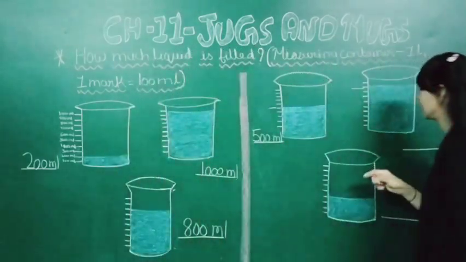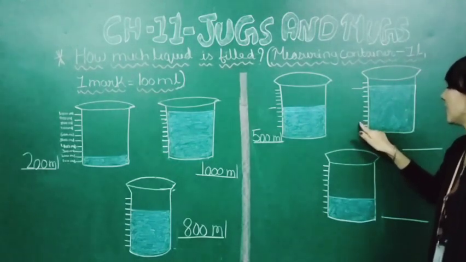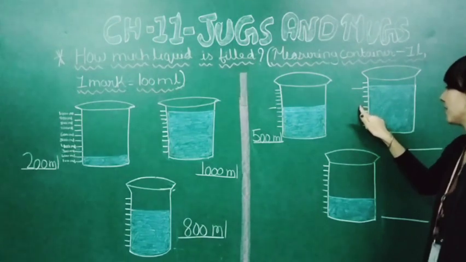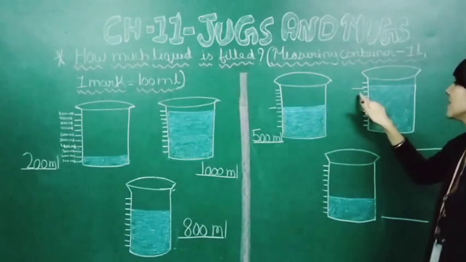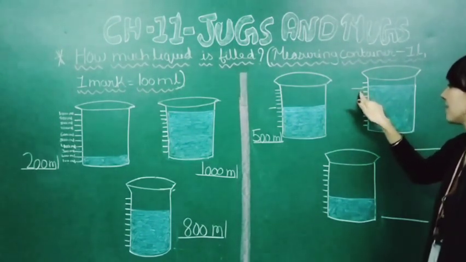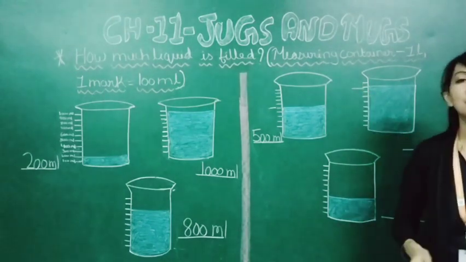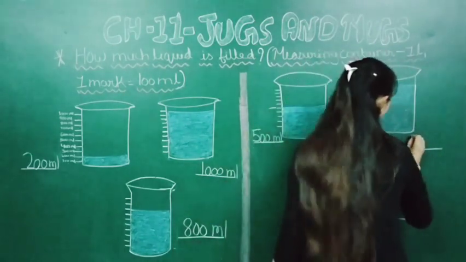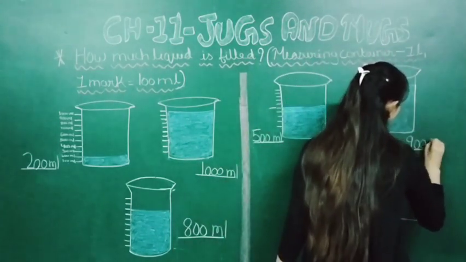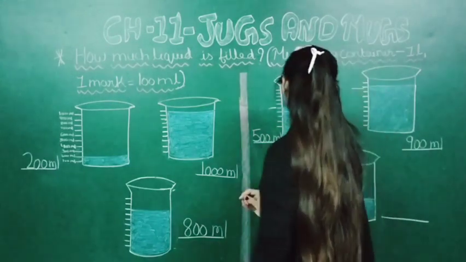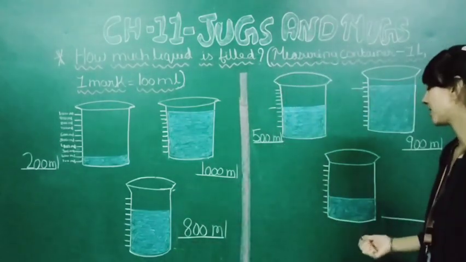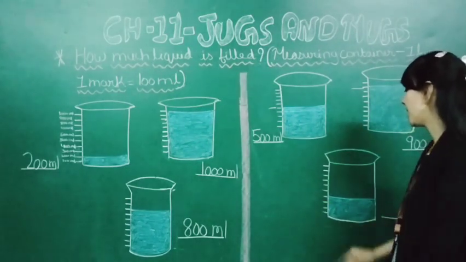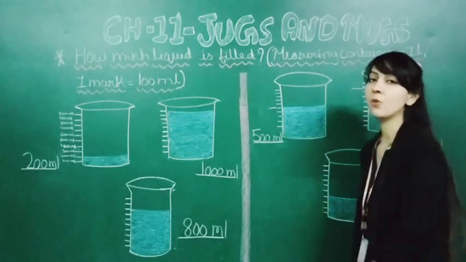Now next, 100 ml, 200 ml, 300 ml, 400 ml, 500 ml, 600 ml, 700 ml, 800 ml, 900 ml. So water is filled till 900 ml. So here we will write 900 ml. Okay. Now last one we will see. 100 ml, 200 ml, 300 ml, 400 ml. So water is filled till